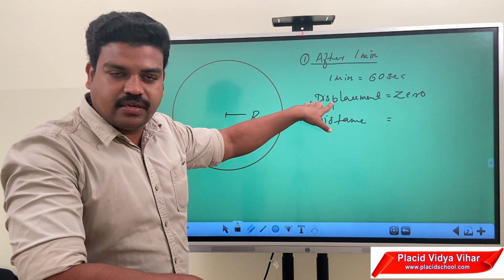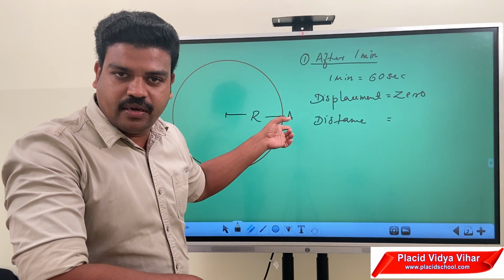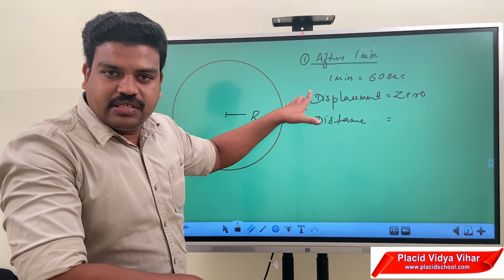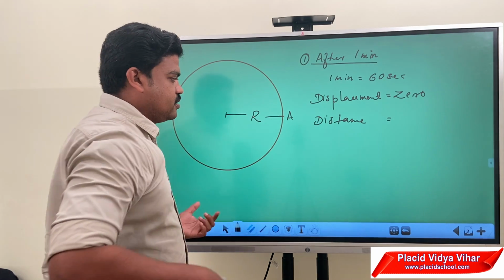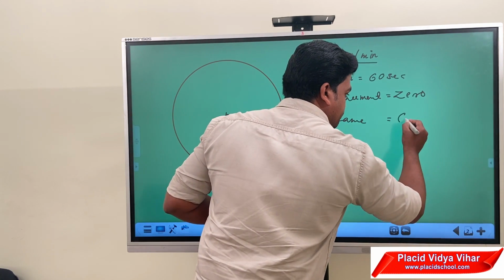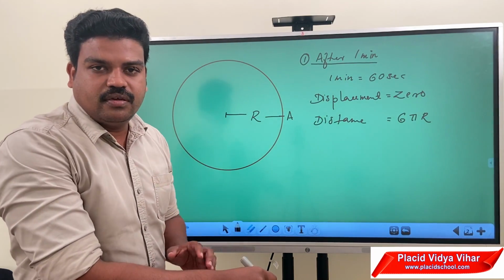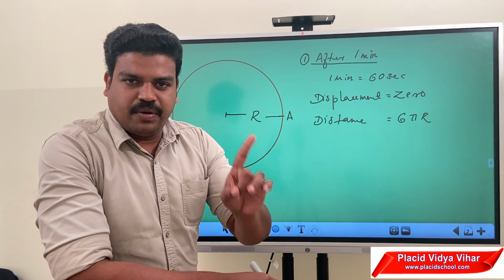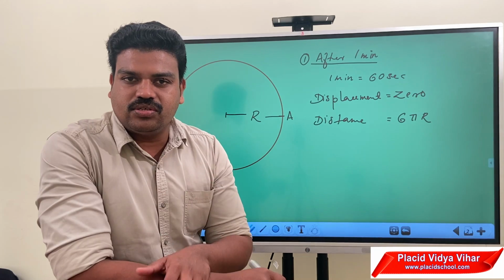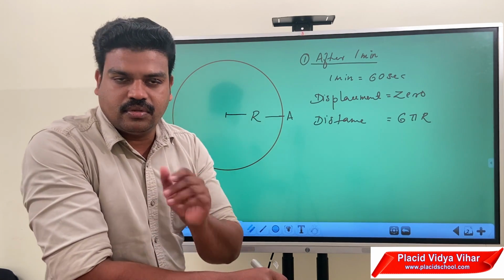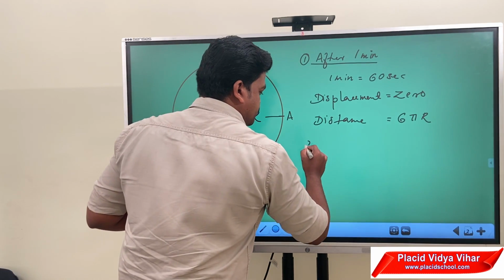After the next 20 seconds, it will become 4 pi r. After the last 20 seconds, it will become 6 pi r. So the distance covered by the athlete is equal to 6 pi r. After 1 minute, displacement is equal to 0 and distance is equal to 6 pi r. And the second case is